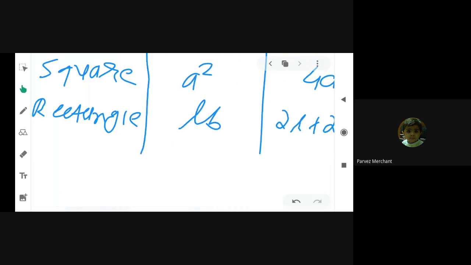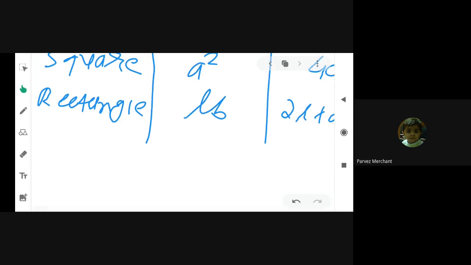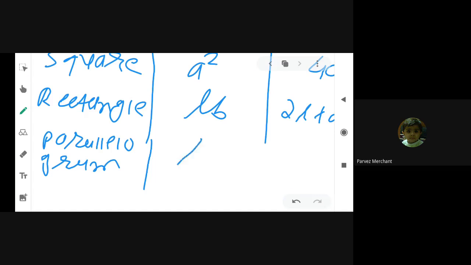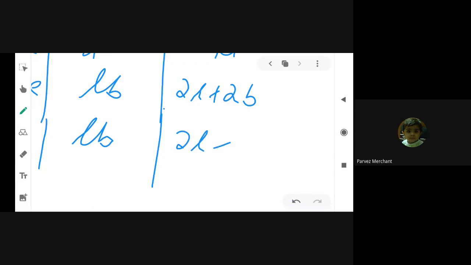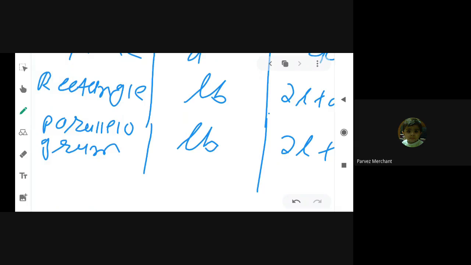Now parallelogram. Again, the area of parallelogram is also L into B. And the perimeter of parallelogram is also 2L plus 2B. But here, in a parallelogram, length is equal, but breadth we are